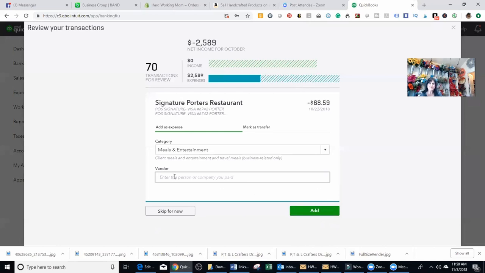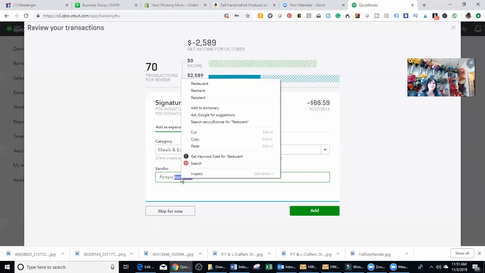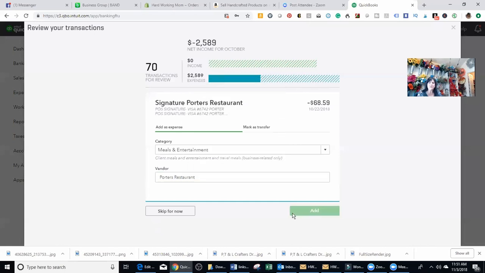I'm not going to make you watch me do all of this. I am going to work on this. The first time you do this is going to take the longest, but after you do it the first time, it's going to be a lot easier. So I'm going to end it here and work on getting all my transactions in. And then when I come back, I'm going to show you what it looks like,